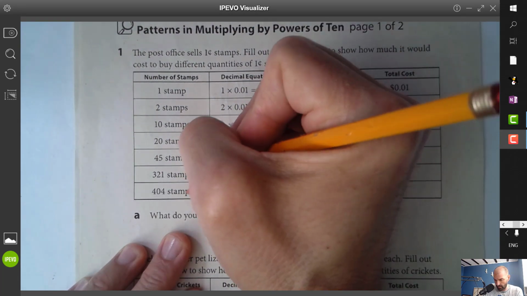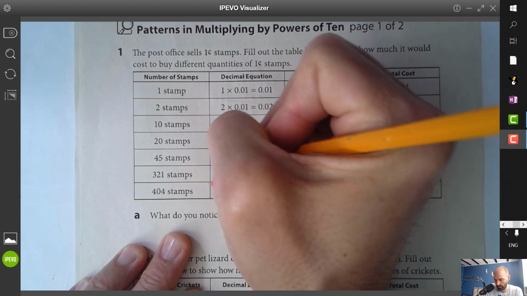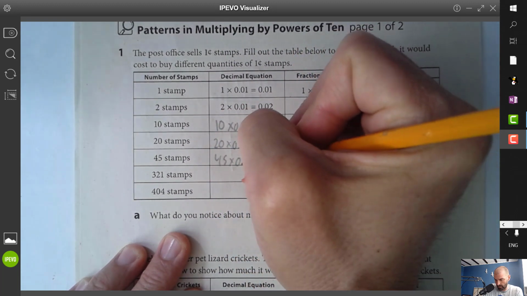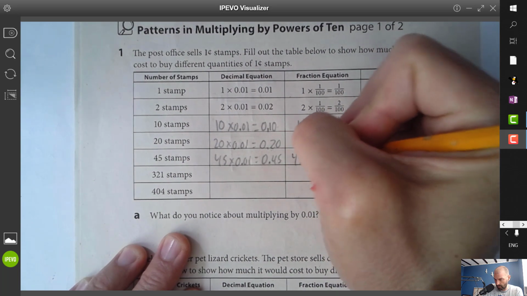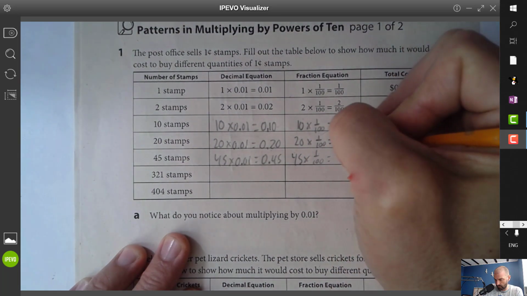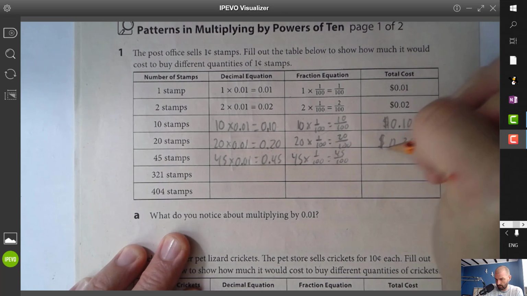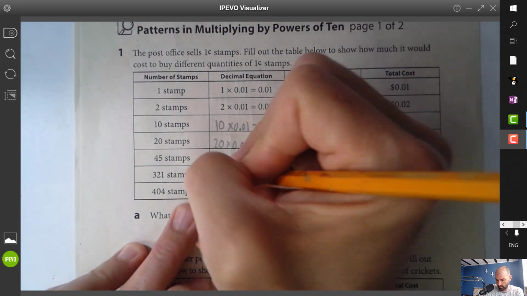Let's see, 45 stamps at 1 cent per stamp, or 1/100th. So that's going to give me 45/100ths. And now we have 45 times 1 over 100, which is equal to 45 over 100, which again gives us 45 cents. Ooh, 321 stamps